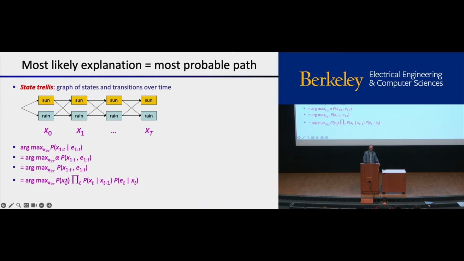So this is equal to the probability distribution over x0 times the probability distribution of x1 given x0 times e1 given x1, onto the next, times the probability of x2 given x1 times the probability of e2 given x2, and so on for x3 and x4 and on up to little t equals big T. The fact that this equals that is basically the point of the hidden Markov model. The hidden Markov model is saying you can decompose this in this way.